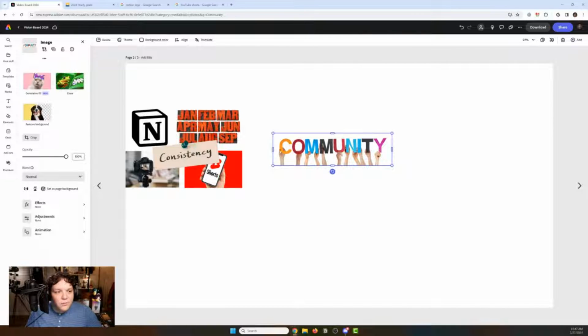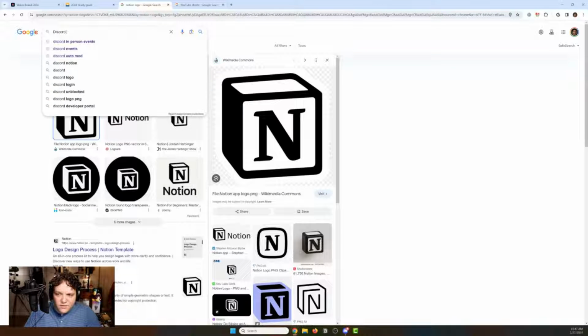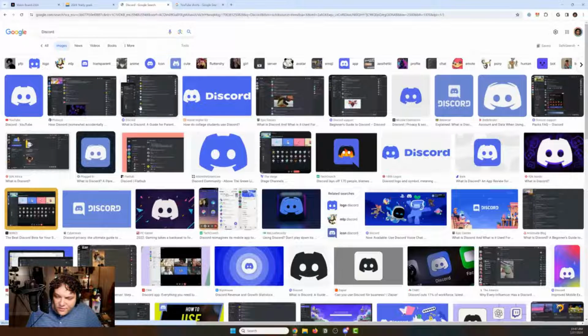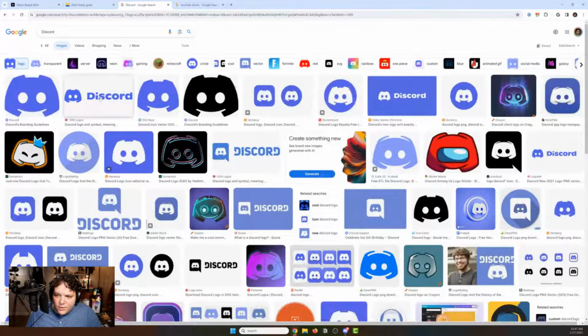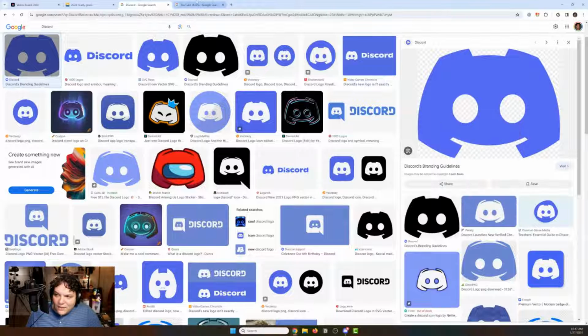And I want to do a lot more. So we can type in Discord, we can go to images. There's lots of different things. So maybe it's as simple as just the Discord logo. And it's just a reminder to generally include and think of that Discord community that we're growing, as well as the YouTube one.